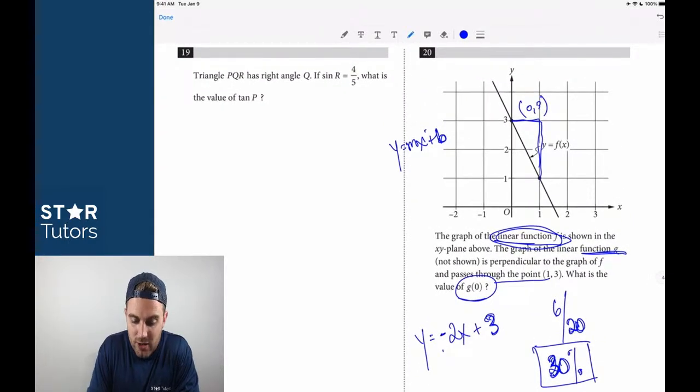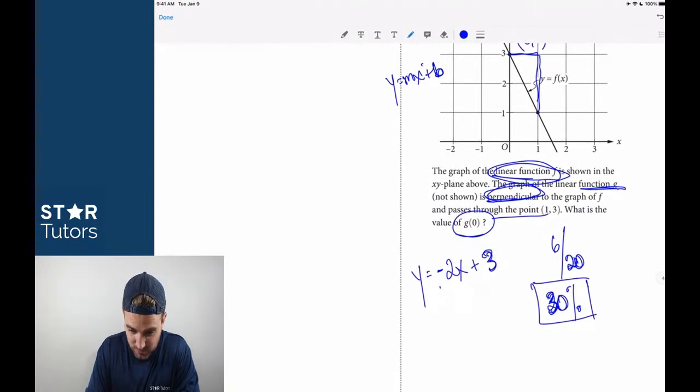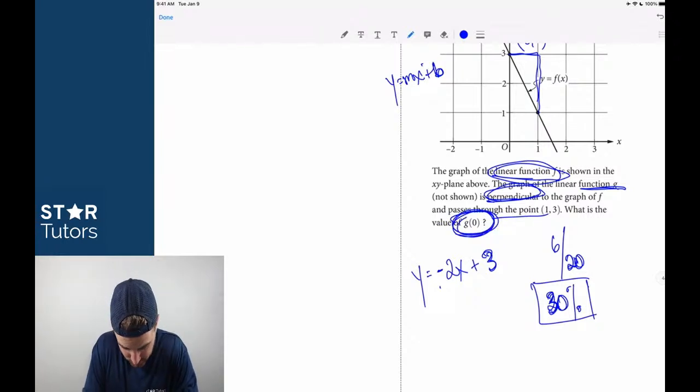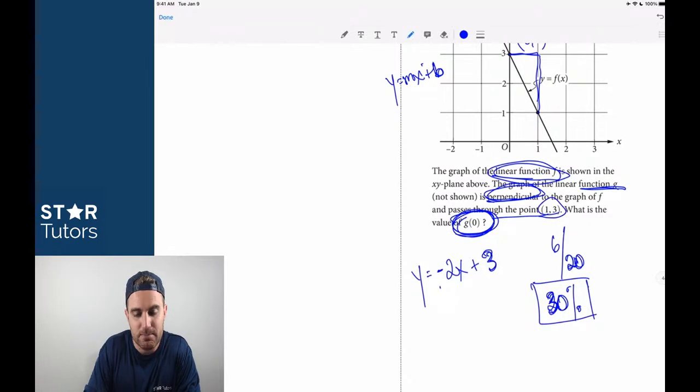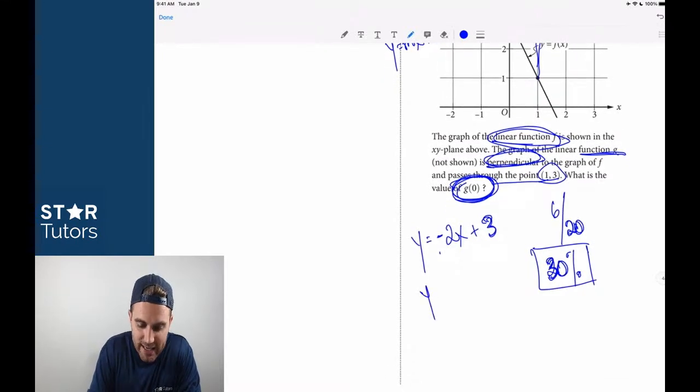Okay, from there it says the line is perpendicular, and if we remember perpendicular lines, and we're looking for the point where g is 0, so we're looking for the y-intercept, all we have to do is say, what is a perpendicular line? Well, that has an equal and opposite slope. I'm sorry, it has an opposite reciprocal slope. So that would mean that if this is -2, right, this is the original line,